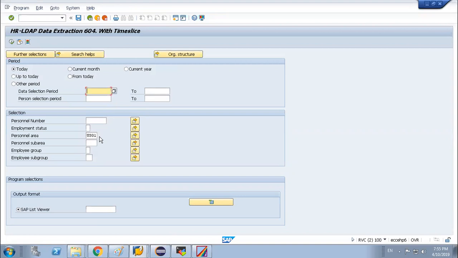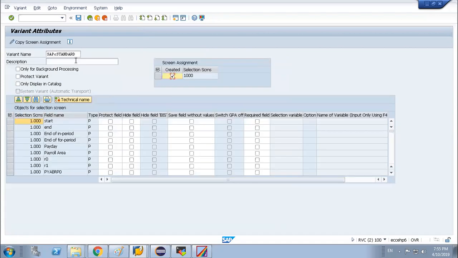It has been filtered. Once you save your filter here, you can save these filtrations and create your new variant.